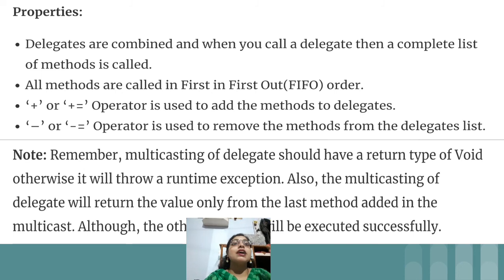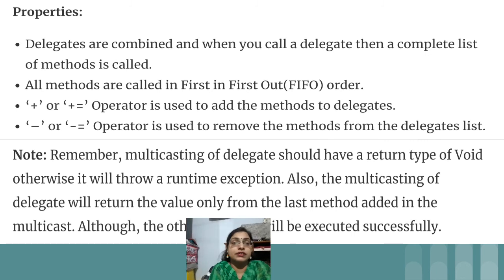After that all the methods are called in first in, first out order. Like I said, NC1 which refers to the sum method, that will be called first. NC2 we have passed second, so the mult num method is called second. So first in first out, in this order only the execution of the methods will take place. And with the help of plus or plus equal to, we can add methods to the delegate. Similarly we have one more, that is minus, which will remove a method from the delegate. Which normally we do not make use of, because if you don't want to call the methods, why would we add them. So we normally make use of plus and plus equal to.